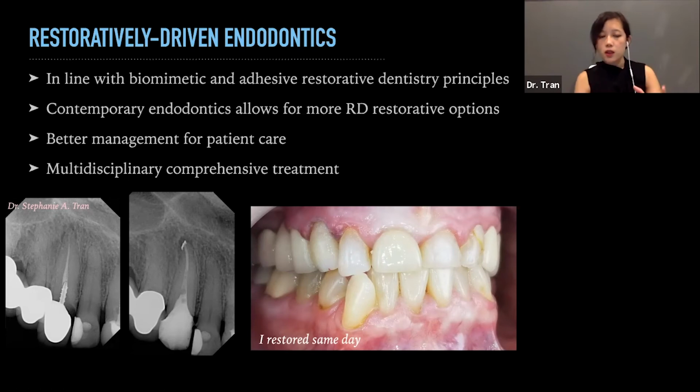They'd have to try to prep the ferrule, but then how do you get the crown to stay on? You can't cement it. That would prevent it from being able to be accessed. You can't place a post because then I wouldn't be able to do the endodontic treatment. And we can't just leave the crown off because what patient wants to walk around without a crown? So there are certain things like that we can do as endodontists to help be involved in more multidisciplinary comprehensive